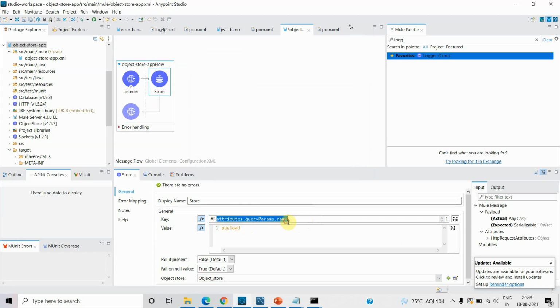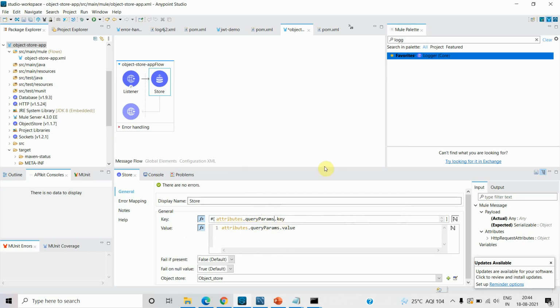So I can say attributes dot query params dot key, then attributes dot query params dot value. So I'm reading key and value from my query params.